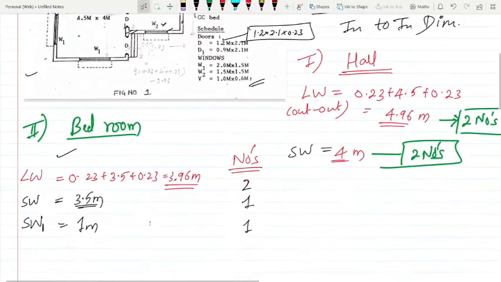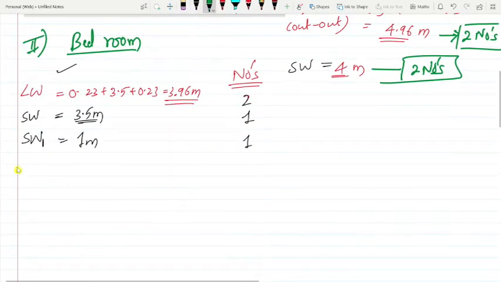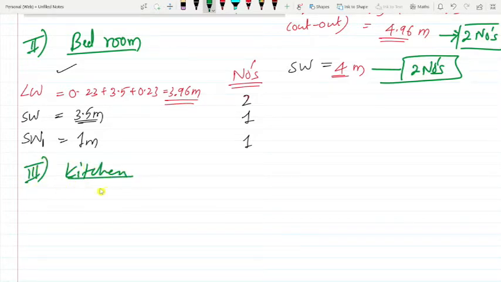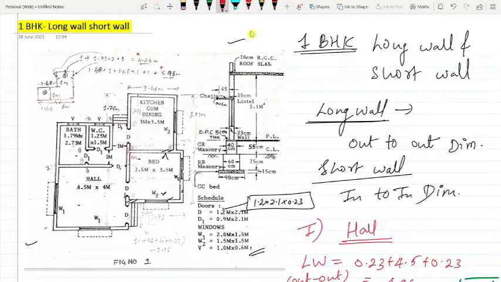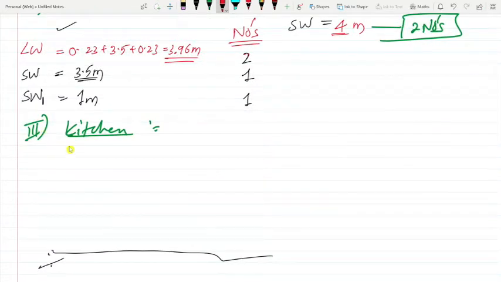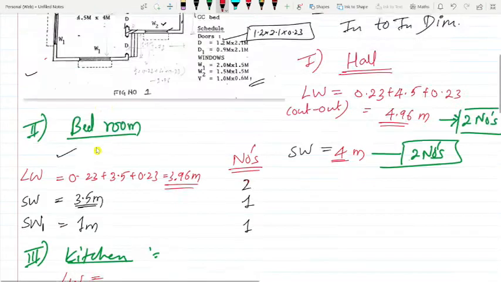Now we have the kitchen, the third portion. For the kitchen again we have a long wall and a short wall. Just see where the kitchen portion is. For the kitchen, we have already considered this much. Now what will be the long wall in the kitchen? Just see the dimension.